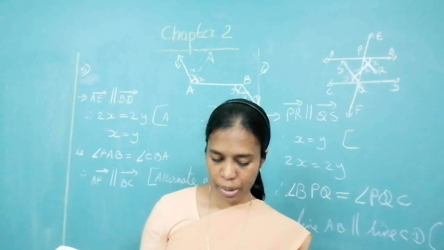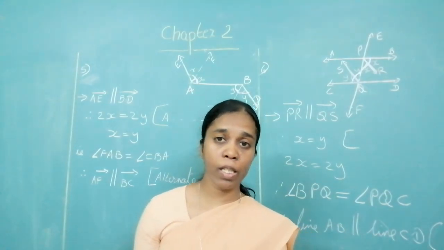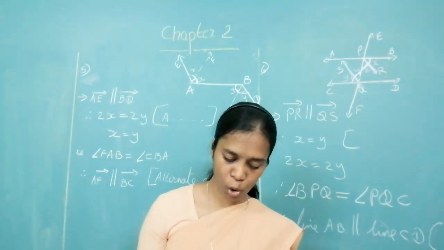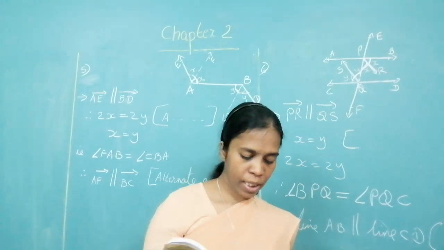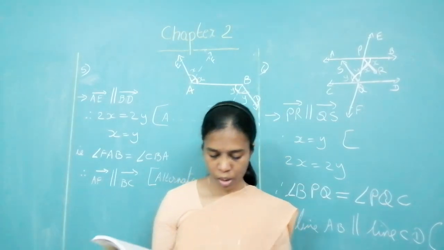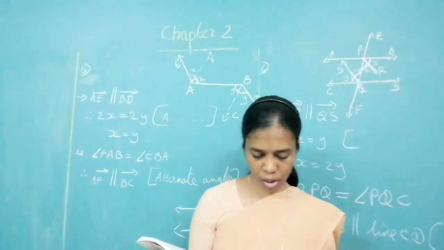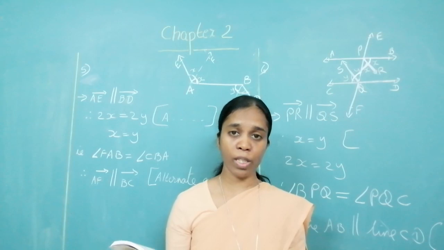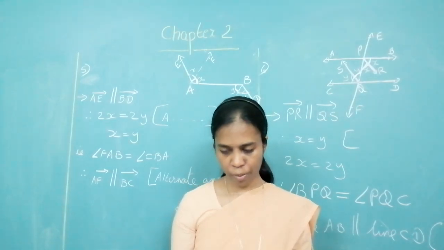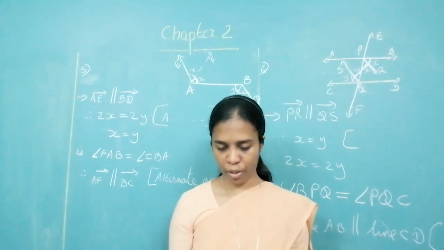In triangle ABC, the sum of the measures of the angles of the triangle is equal to 180 degrees. Two are given, so find out the third one. Two parallel lines are intersected by a transversal. If the measure of one of the alternate interior angles is 75, alternate angles are congruent. So one is 75, the other one also will be 75.